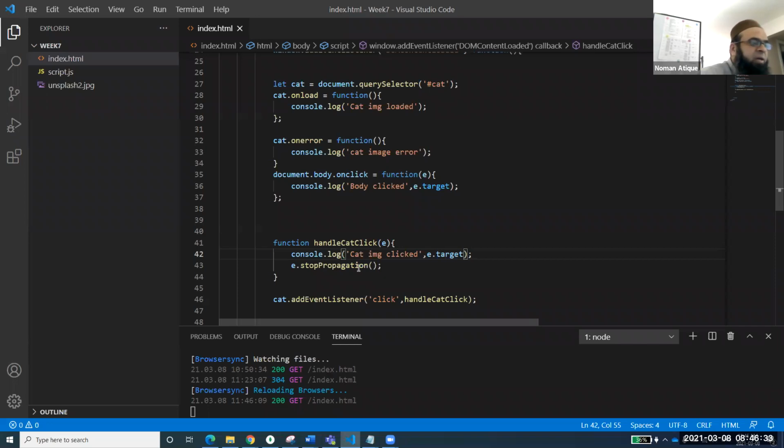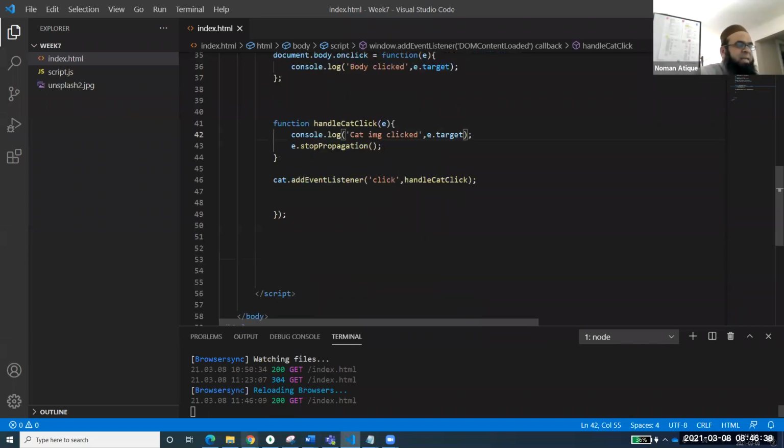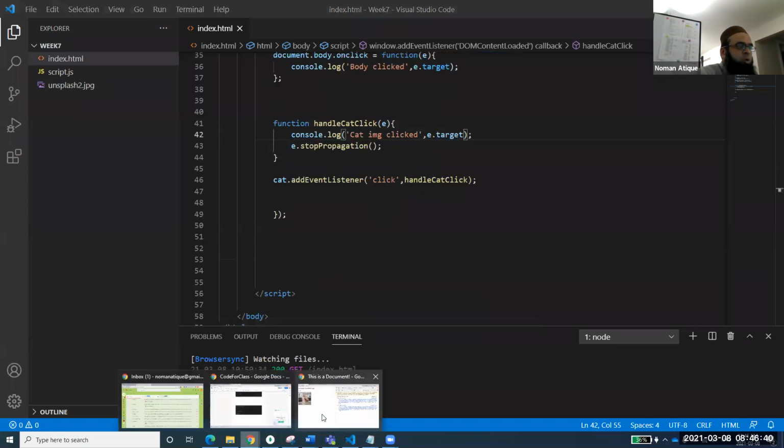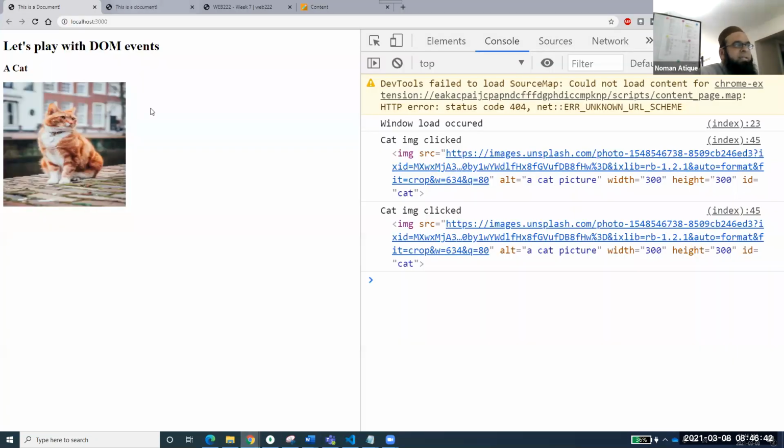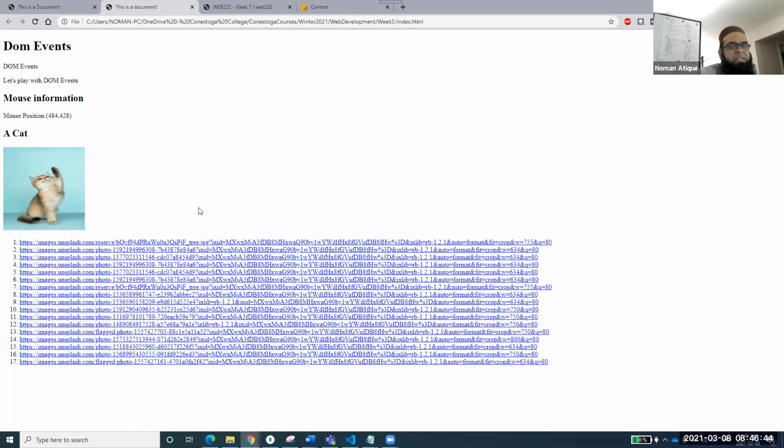Now, what we are adding to this exercise today, let me just show you. I have a completed exercise. This is something that we want to do here. Now, please listen. This is today's task. First of all, we'll be adding something like this. We have a picture, and when we click on that picture, the picture should change. I am clicking on it, and the picture is getting changed. First of all, we have to do that.